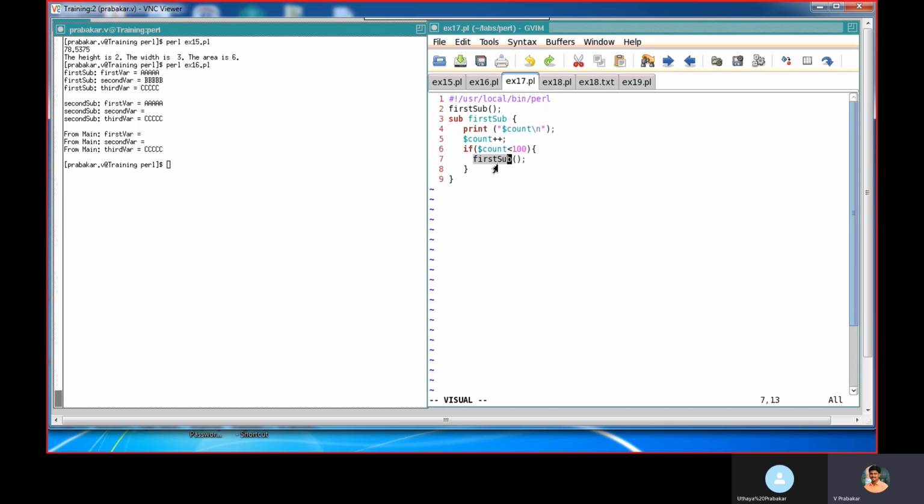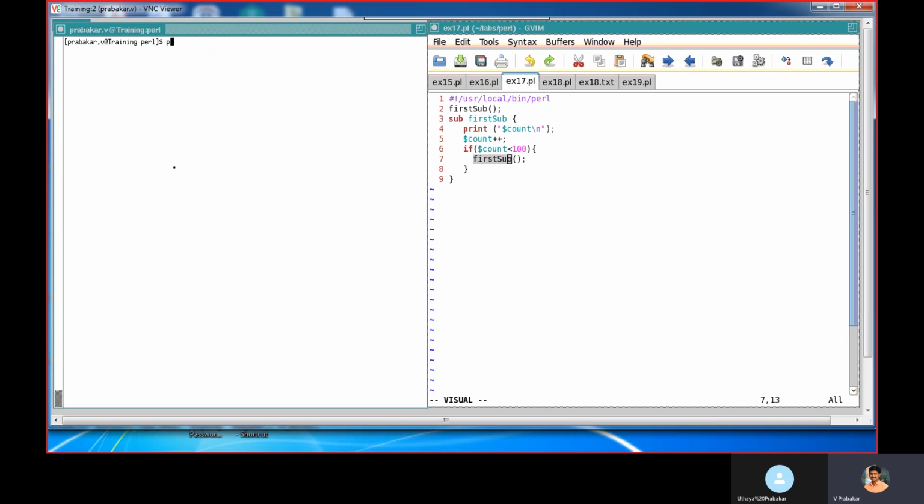When the count reaches 100, it will come out. It will stop. Let's check this. Count value each time gets incremented. When count reaches 100, it doesn't call the first sub again, so it stops.